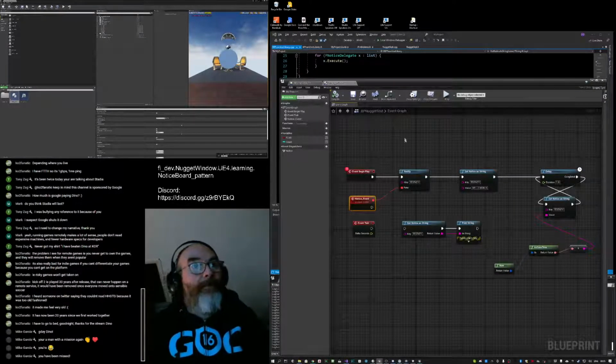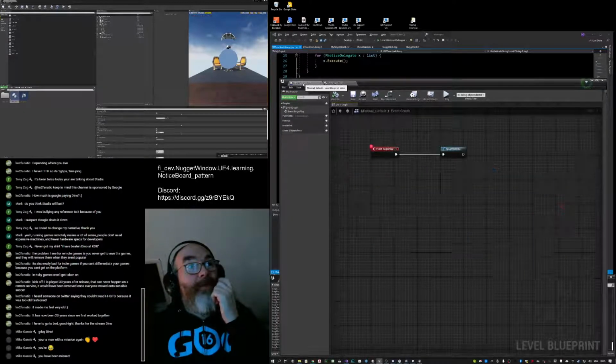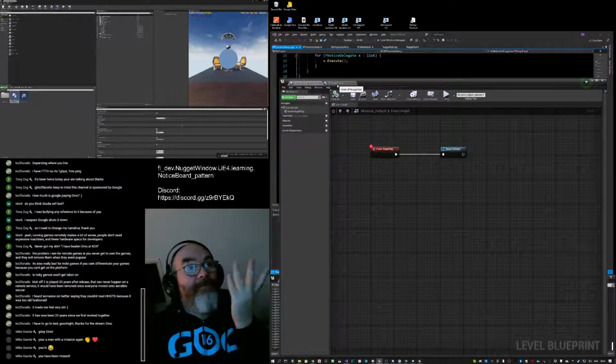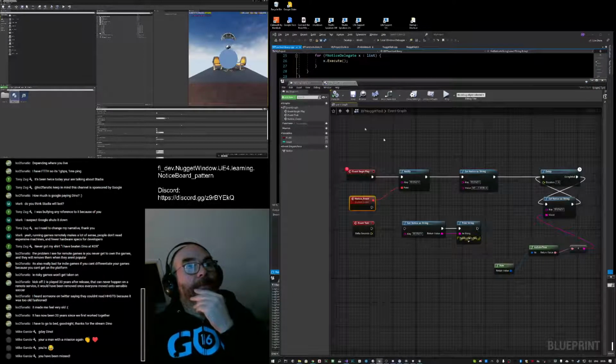But breakpoint on begin play. This is concerned with a particular object. I wanted a global begin play, which I guess is the begin play in the level blueprint.